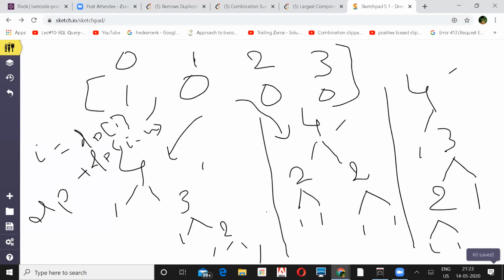You are asking for 4, then DP of 4 will be number of ways of getting 4 plus number of ways of getting 4 minus 1, 3. Now for 3, I'll go for number of ways of getting 3, and what are the number of ways of getting 2. So here you'll have one way, here you'll have one way. So this is 2.